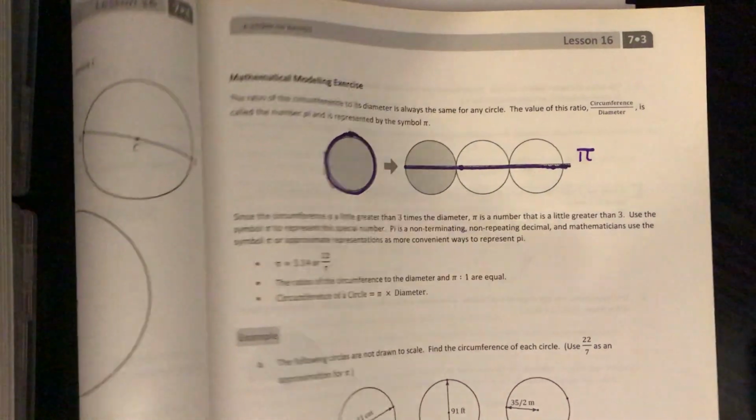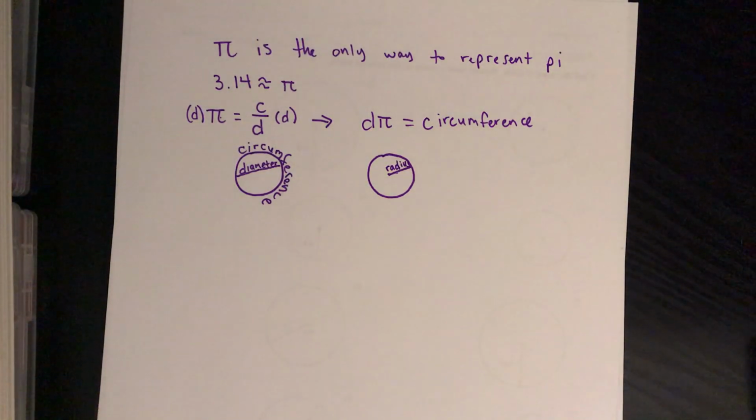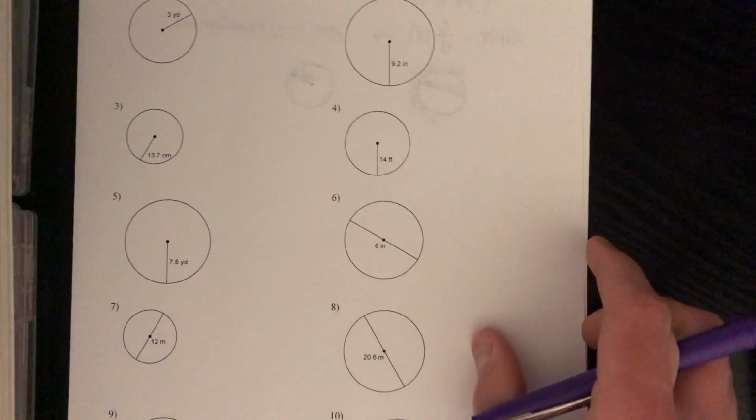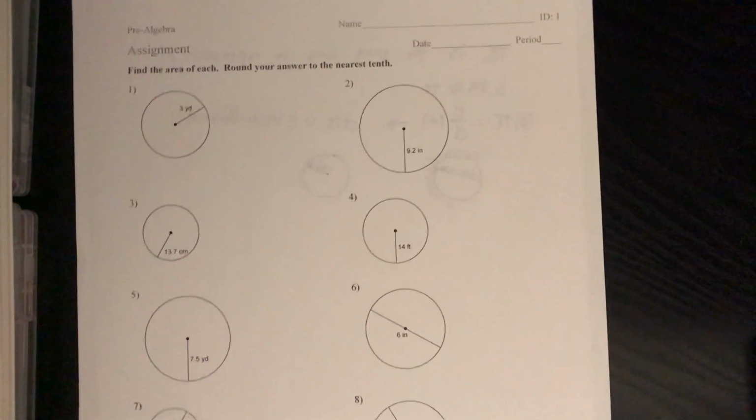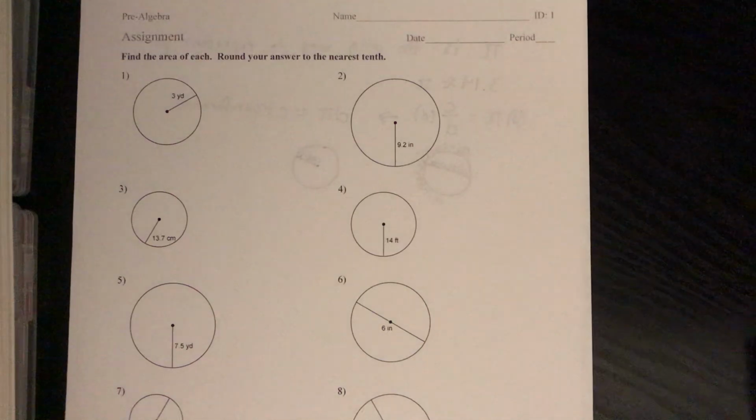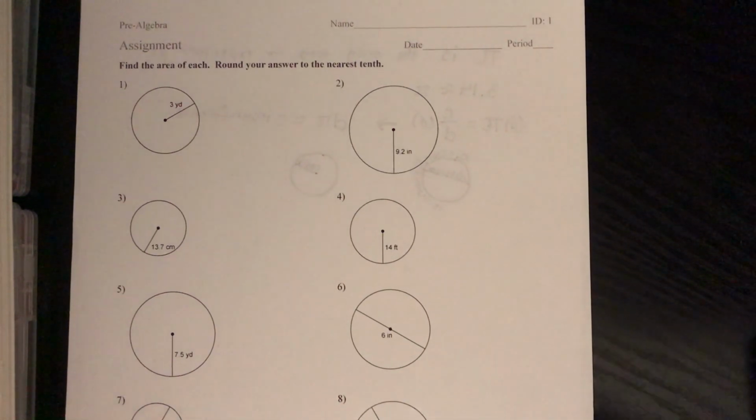And so that's what I want you to practice first. I'm going to give you about 5 minutes to do just the first 5 questions on this sheet that has already been passed out to you. This is the wrong one. This is the one that says area. I'll get the right one up by the time you're done working. But if that's way too much time for you, then please make sure the people around you are doing well. Make sure that they're not accidentally multiplying by the radius or something strange like that. And then also you have that challenge work to work with if you want. All right, 5 minutes. You only need to do the first 5 in those 5 minutes.